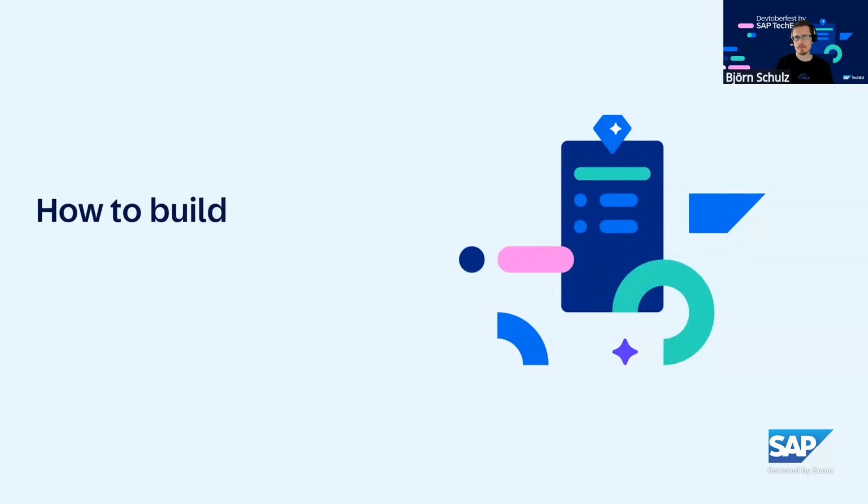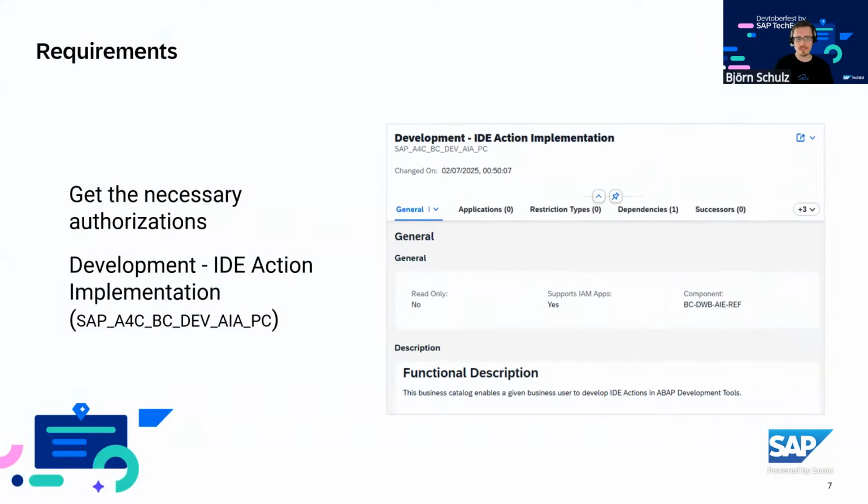So when we're talking about how to build IDE actions, there are some things we should mention before we get into this. There are special authorizations on the system. So there's a new business catalog in this case. You need this business catalog to develop IDE actions because there is, I think, a downside in this case, because